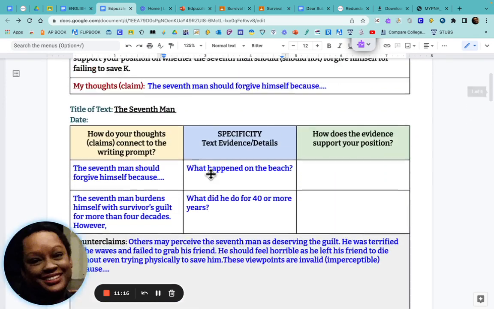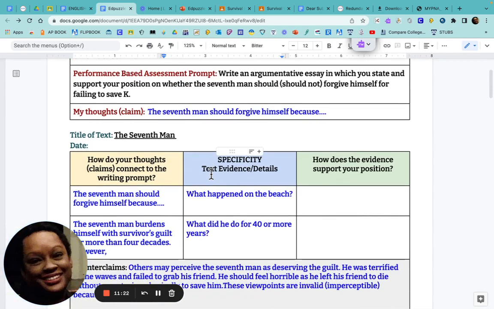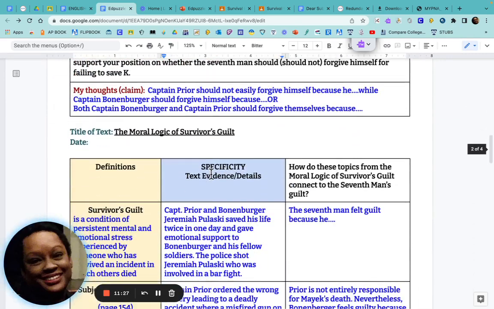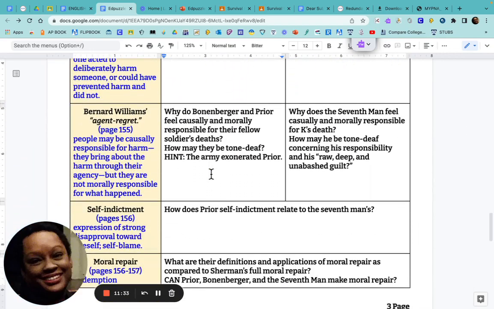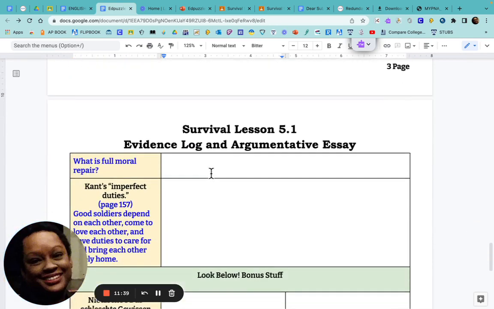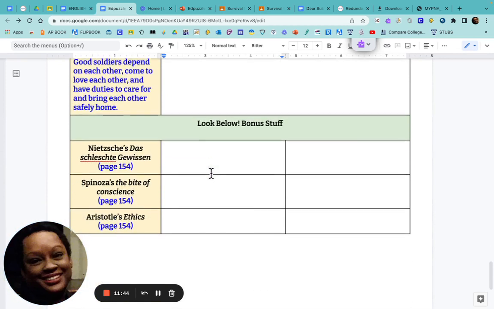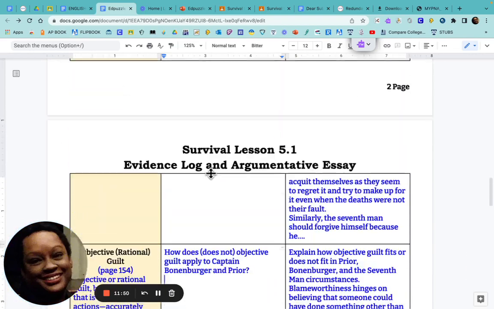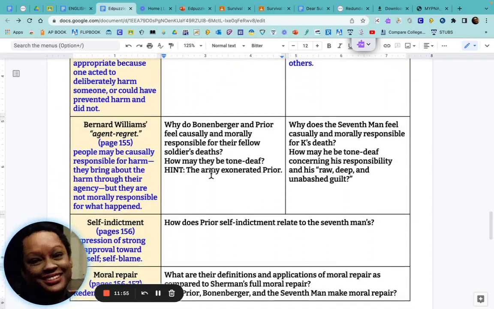If you need help or assistance, please remember that I will be back Friday, and that will be day 2. And we will discuss what you guys will do for day 2 on day 2. But I expect this evidence log to be completely filled out by the time I get back on Friday. And I don't want to hear that you didn't know what was supposed to go where, because I pretty much, hint, if you look at this video, like you should have, you will see that I put myself into the role of the student, and I ask myself questions about how all of this is